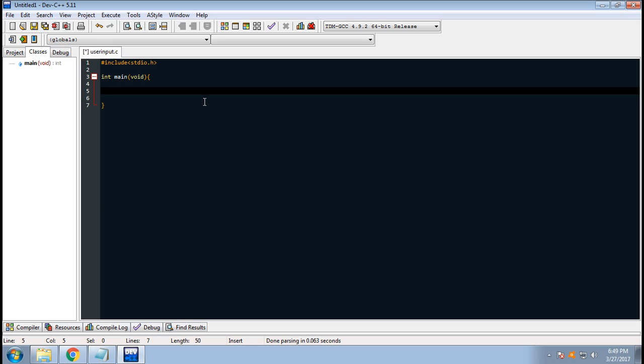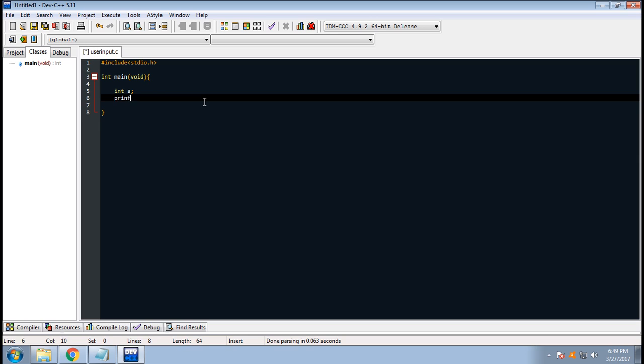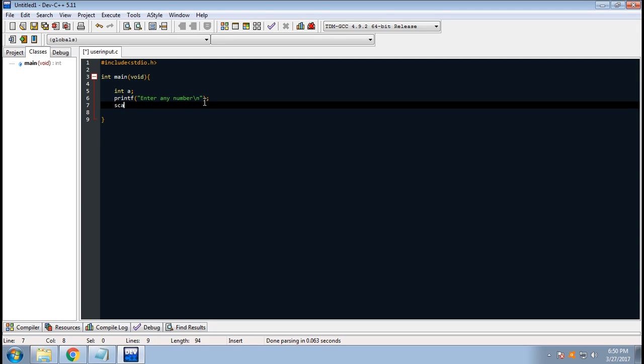Now suppose I'll define a variable int a, and I'll not give it any value. Now printf, I'll just say to the user, enter any number, and \n, so that when this statement gets executed the cursor moves automatically to the next line. And now I'll use the scanf function, which this tutorial is all about, and I'll just say